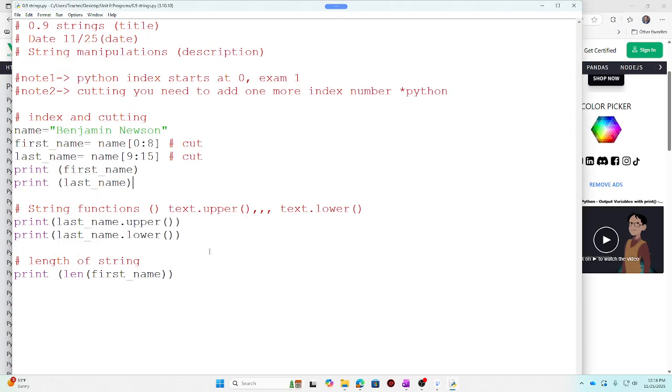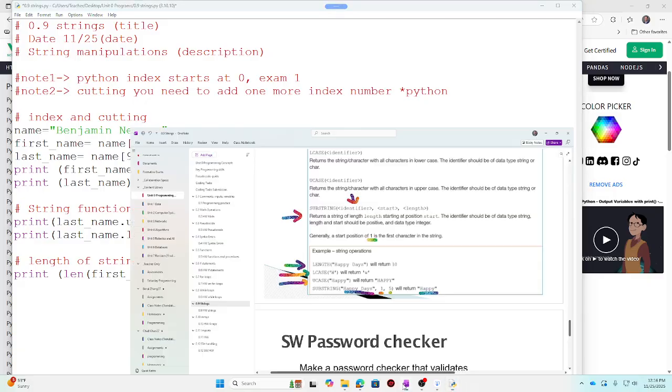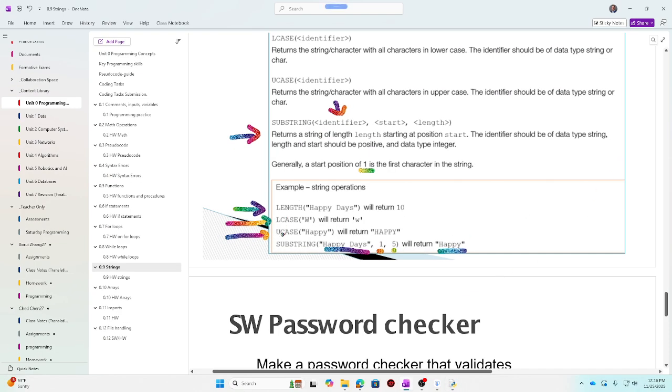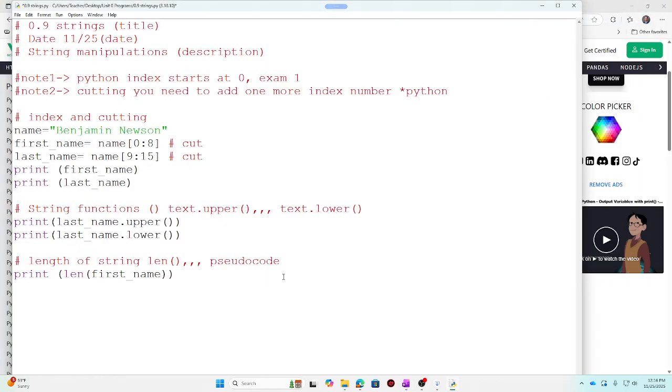Length is really important. Length of string, use the function called len, and then inside the bracket. In pseudocode, how do we do it? Let me have a look. Oh, it's this capital length with the bracket. In pseudocode, you just go length, bracket.